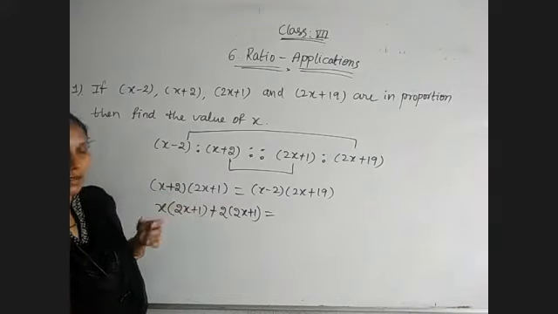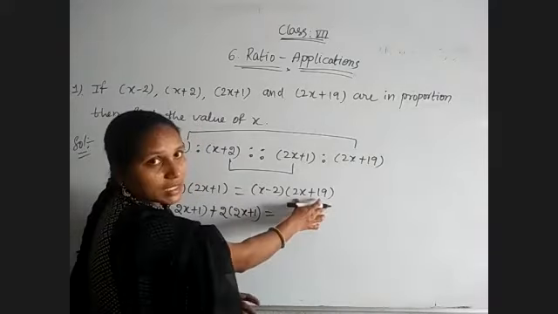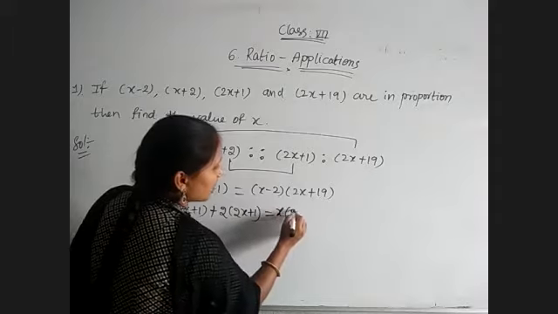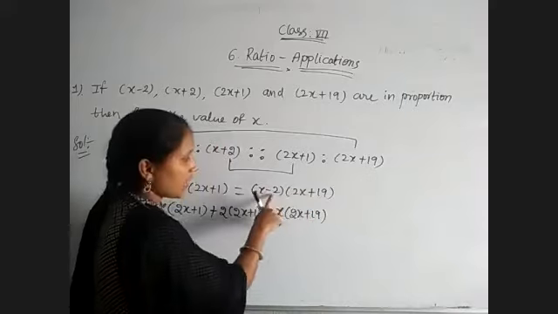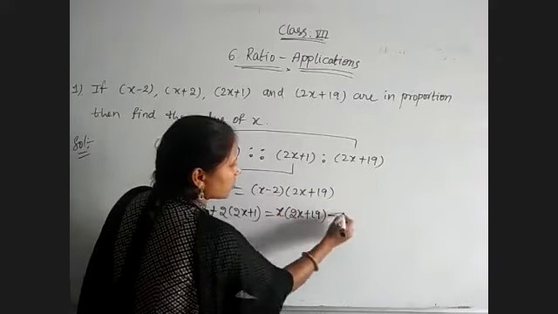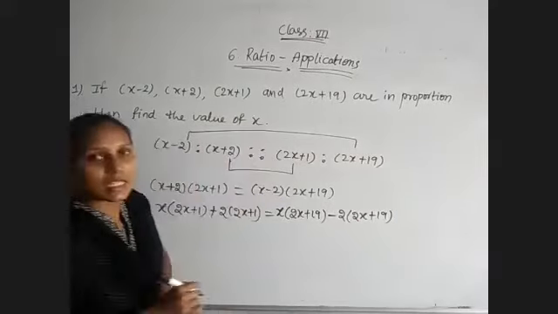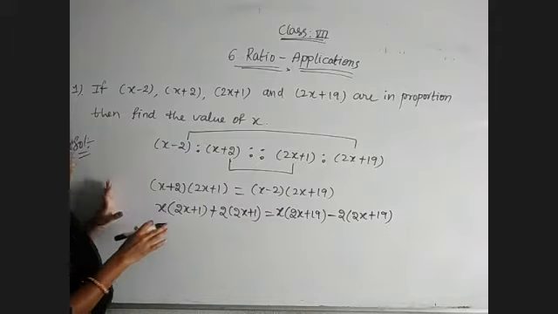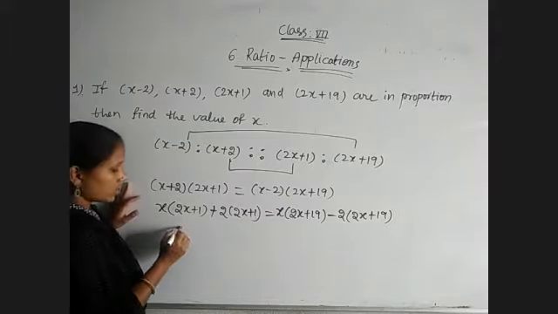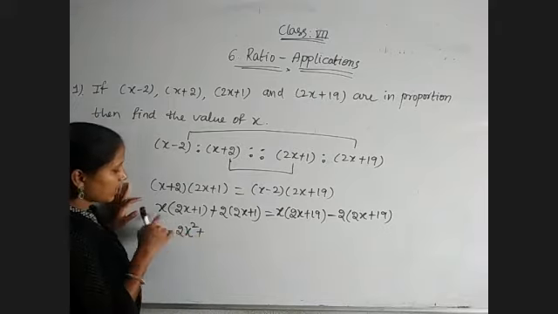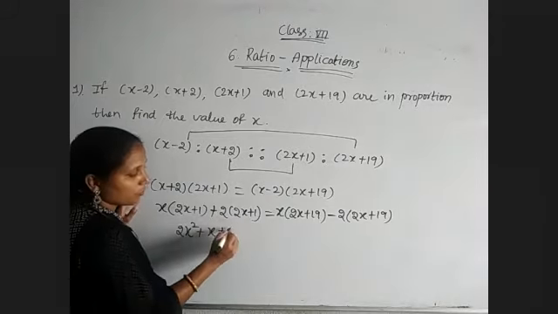Two terms are there. And next, here also the same thing. x we need to multiply with the second expression completely: 2x plus 19, and minus here, plus we have. So minus into plus is minus, and with 2 we need to multiply 2x plus 19. See, this is what we will get in the algebraic expression. So just observe this example of how we are simplifying. Now x into 2x is 2x square, plus x into 1 is x, plus 2 2s are 4x.